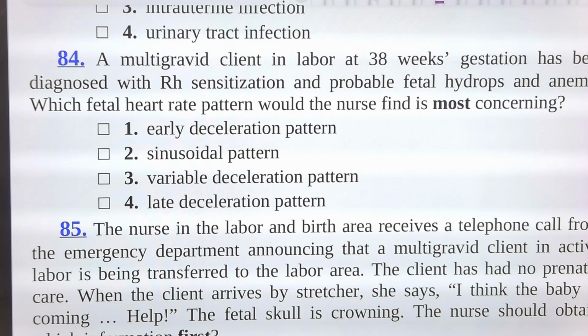So answer number 2 will be the correct one, that is sinusoidal pattern, जो कि क्या reflect करता है? It reflects an absence of autonomic nervous control over the fetus heart rate, resulting from severe hypoxia. वैसे तो ये रेयर होते हैं, बट ये काफ़ी डेंजरस हो सकते हैं. इसके लिए फिर हमको सिजेरियन सेक्शन करना पड़ता है.